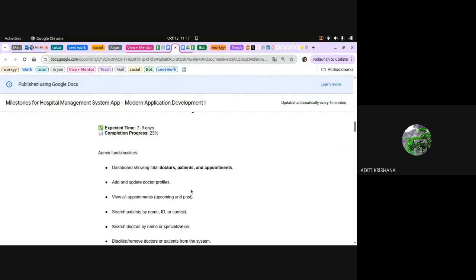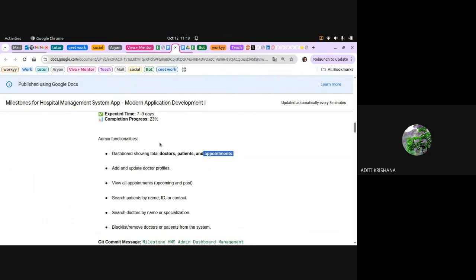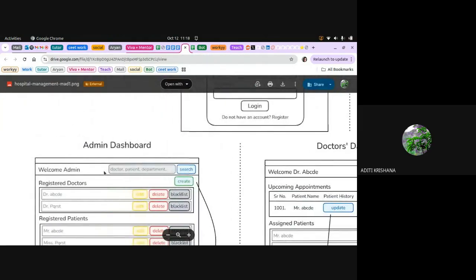So now I will try to highlight what are the things you will be able to do by tomorrow evening. I expect that if you are able to create the appointment, then this total appointment will be shown inside the admin dashboard. You can make a stat page, which will be showing the numbers on the admin dashboard.